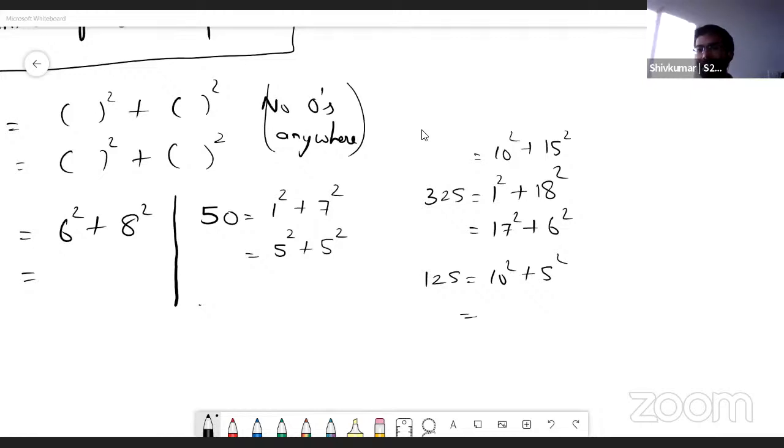Okay, fine. So now at this point, let me ask you a pointed question. We know 50 has this property, right? Take this number 200. Can you just check with 200? Sir, 10 square and 10 square. Okay, great. Very nice. So 200 is nothing but 10 squared plus 10 squared. What is the other representation of it?